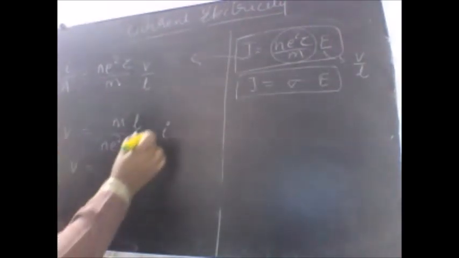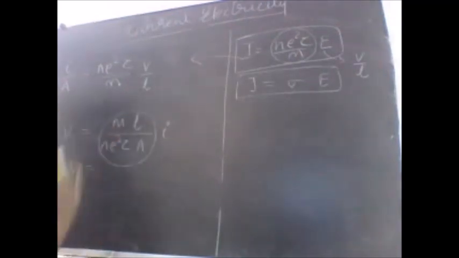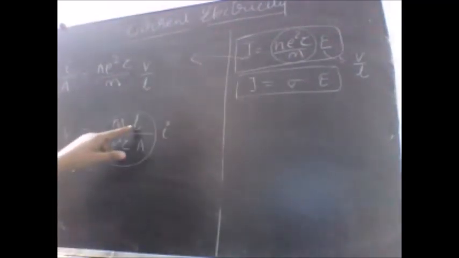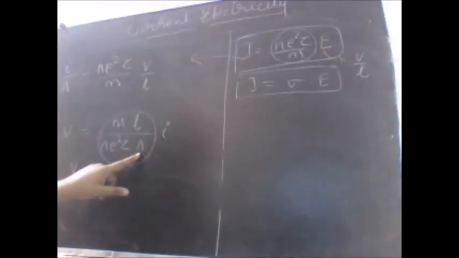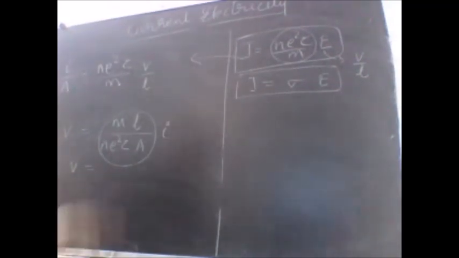So this thing here is a constant for a given conductor. If the length is constant, area of cross section is constant, we are not allowing excessive current to pass through the wire, so that L and A remain fixed. N is the number density, number of electrons per unit volume. I am saying that of course it is constant. For example, in a semiconductor, if we heat that piece of semiconductor, the number of free electrons increases. I am keeping this fixed.